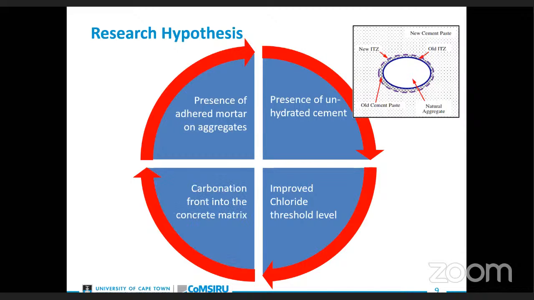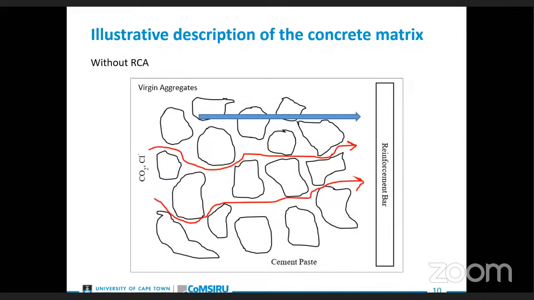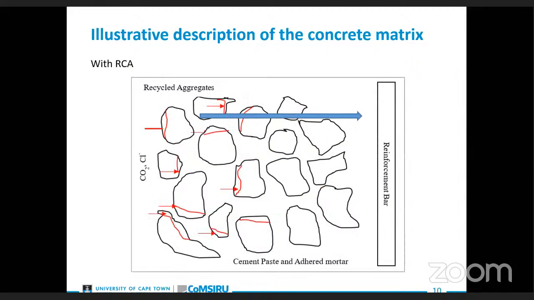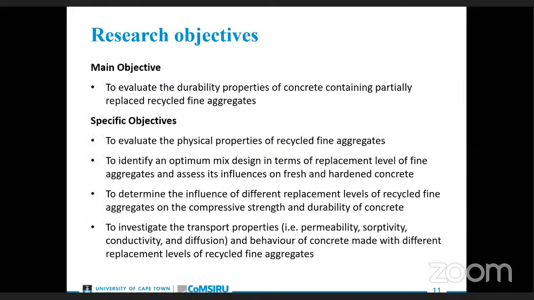So why do I think my hypothesis would work scientifically? It is because in concrete without recycled aggregates, the penetrability of aggressive ions in the concrete matrix is through cement paste only. But in concrete with recycled aggregates, it is through the new cement and the anhydrated cement adhered on these particles. So based on this, my main objective is to evaluate durability properties of concrete containing these materials, and my